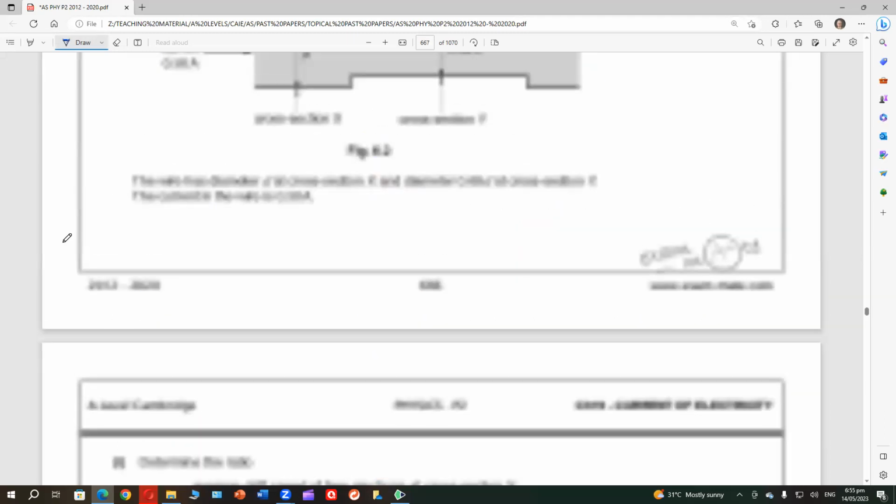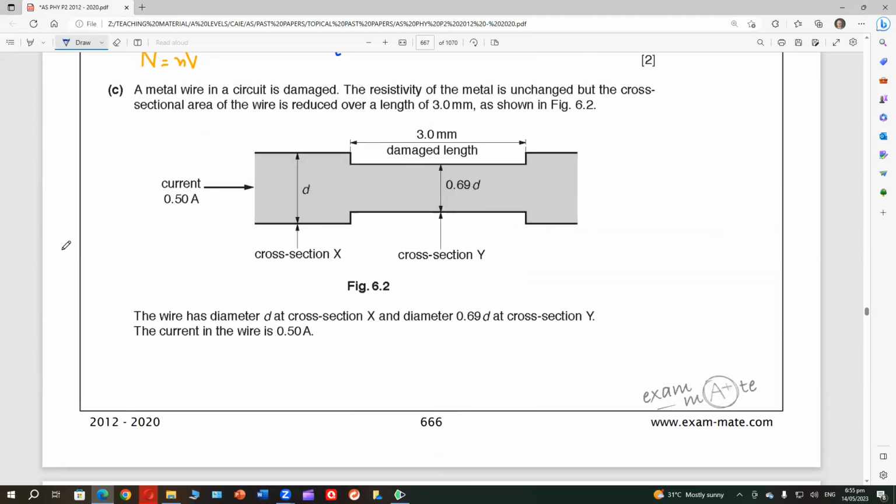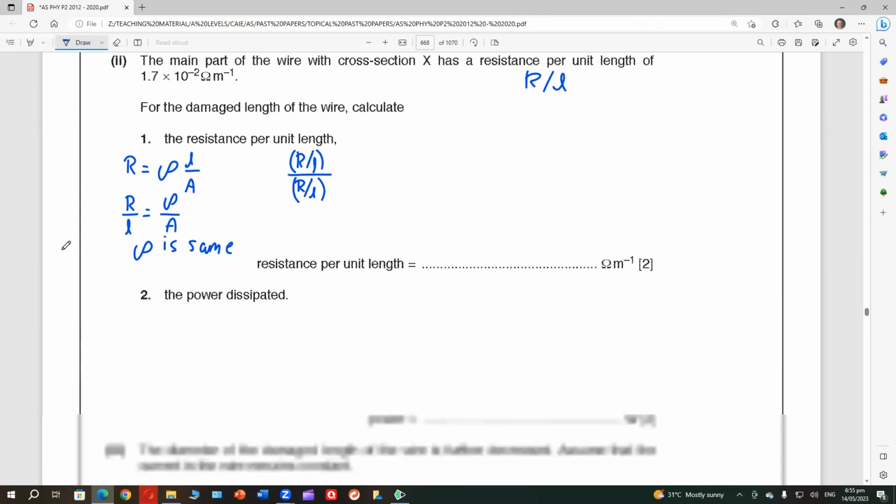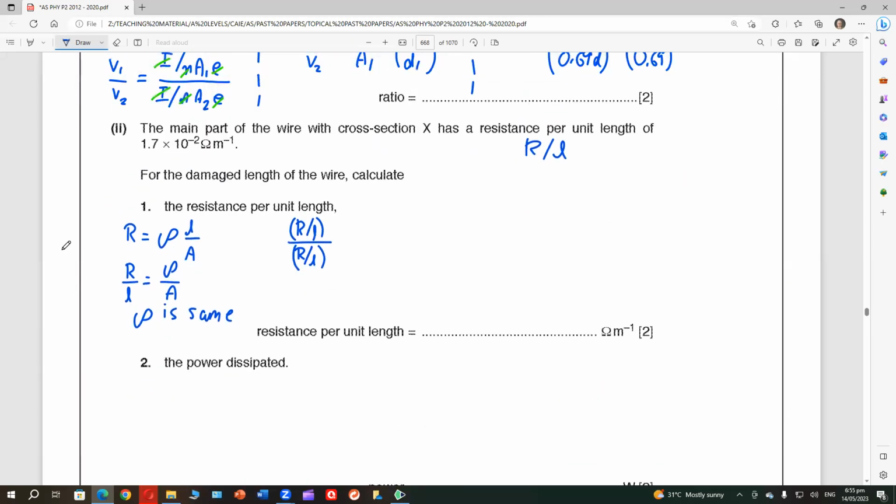The damaged part is Y. That was 3 millimeters. But they want the resistance directly, ratio, no? So